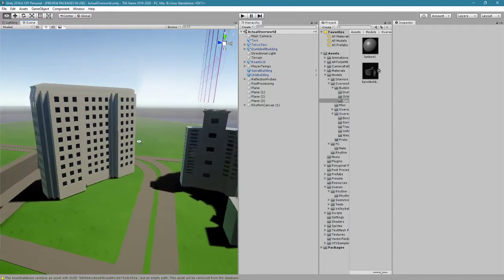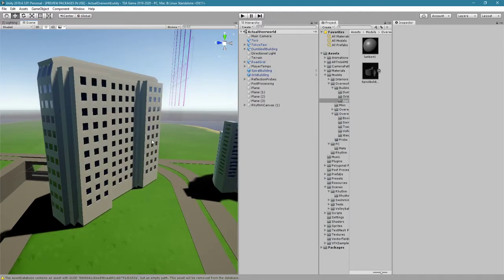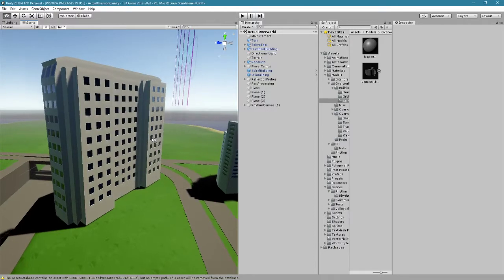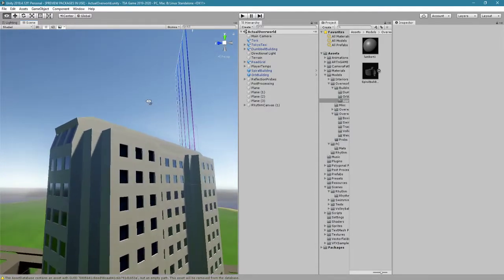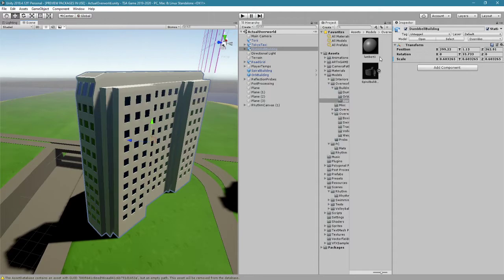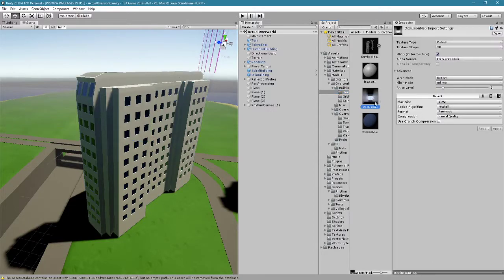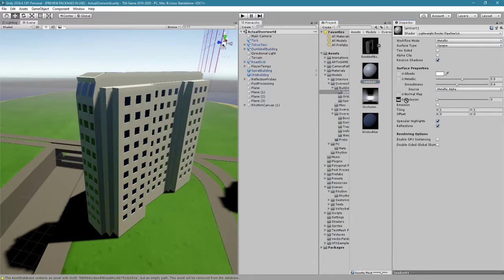One of the ways that you can do it is by baking ambient occlusion maps in external programs, and I just want to make this video for anybody looking to do that, right? So I have this model right here, and before I actually show off how we baked it, all I'm going to show you is that I did end up with this occlusion map right here, and I went ahead and